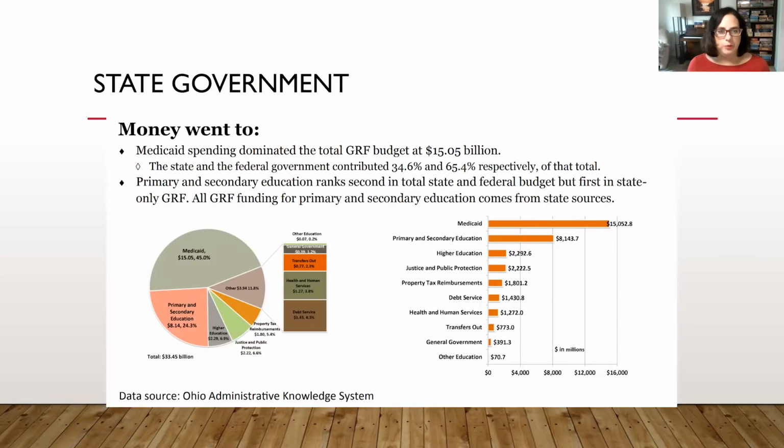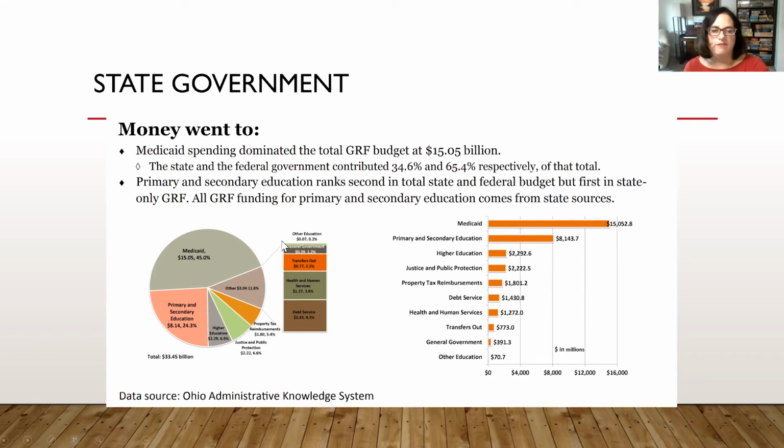So I just wanted to put this up so people have that sense of where state money goes and the types of things it supports. The large majority are Medicaid and education programming, right? Whether it's Medicaid and it's primary and secondary education or higher education, that's really this whole component.